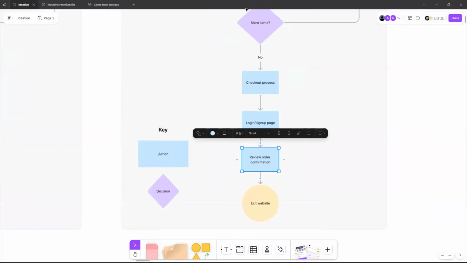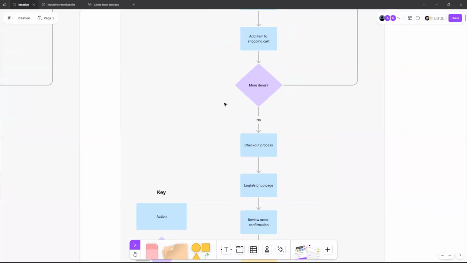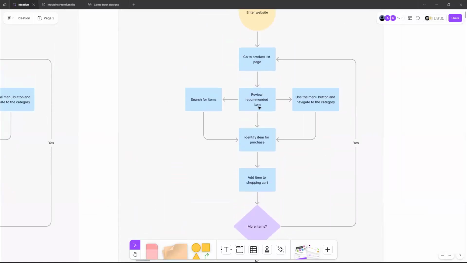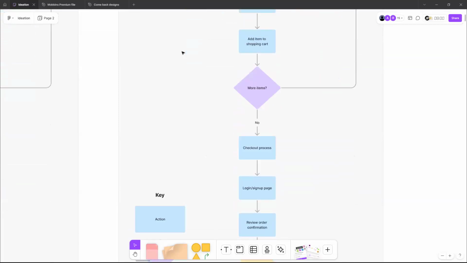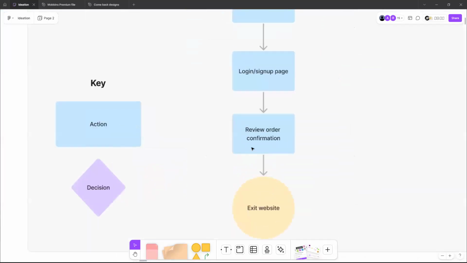So now this is the user flow for ordering on an e-commerce website. But if let's say you want to track your order on this e-commerce website, we're going to create another user flow for it. Sometimes if you want to join all of them together, you create a multiple user flow showing different tasks. So at this point, if we were to